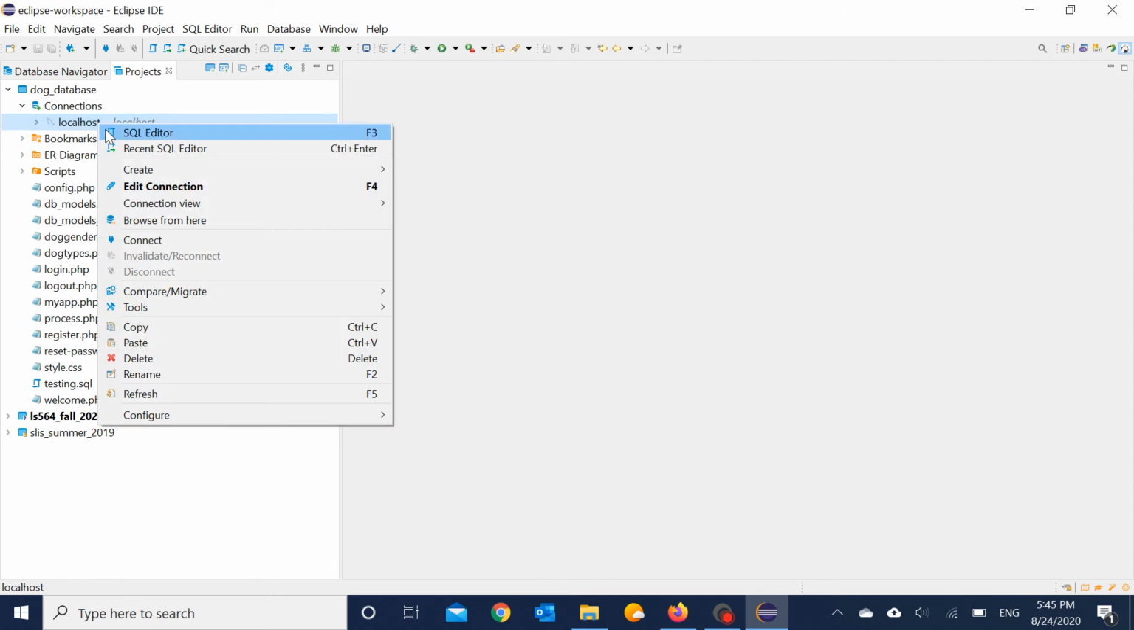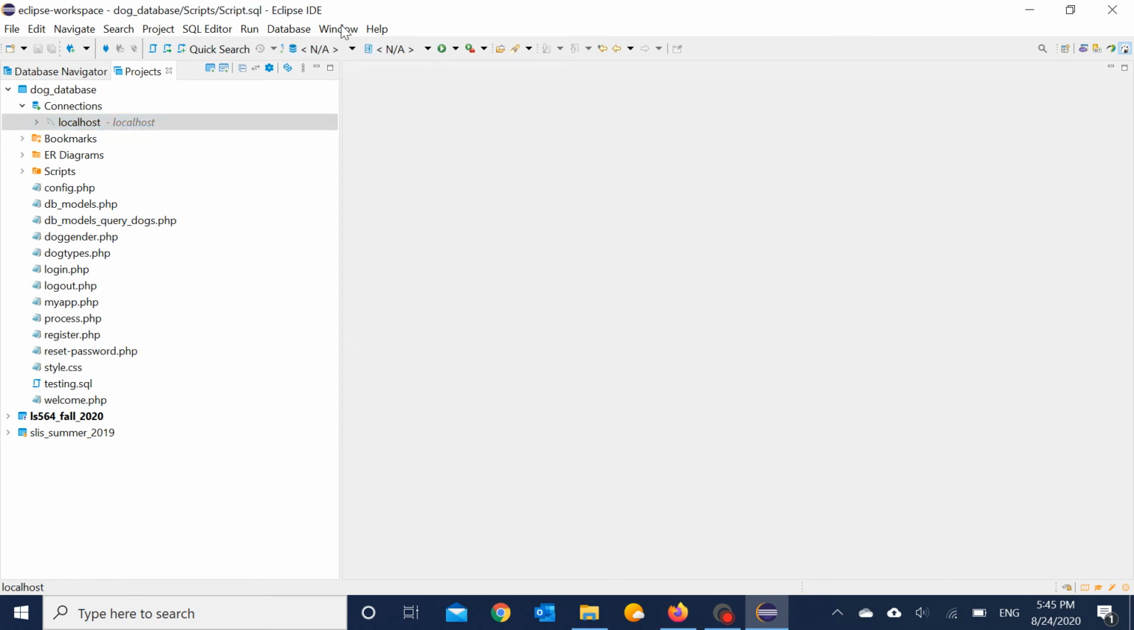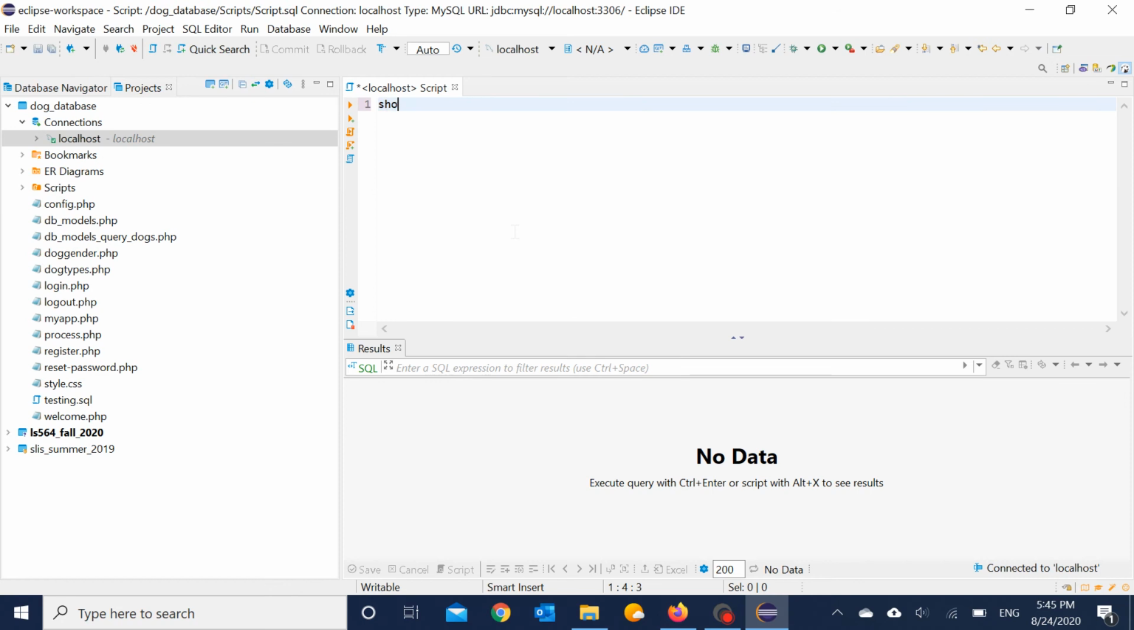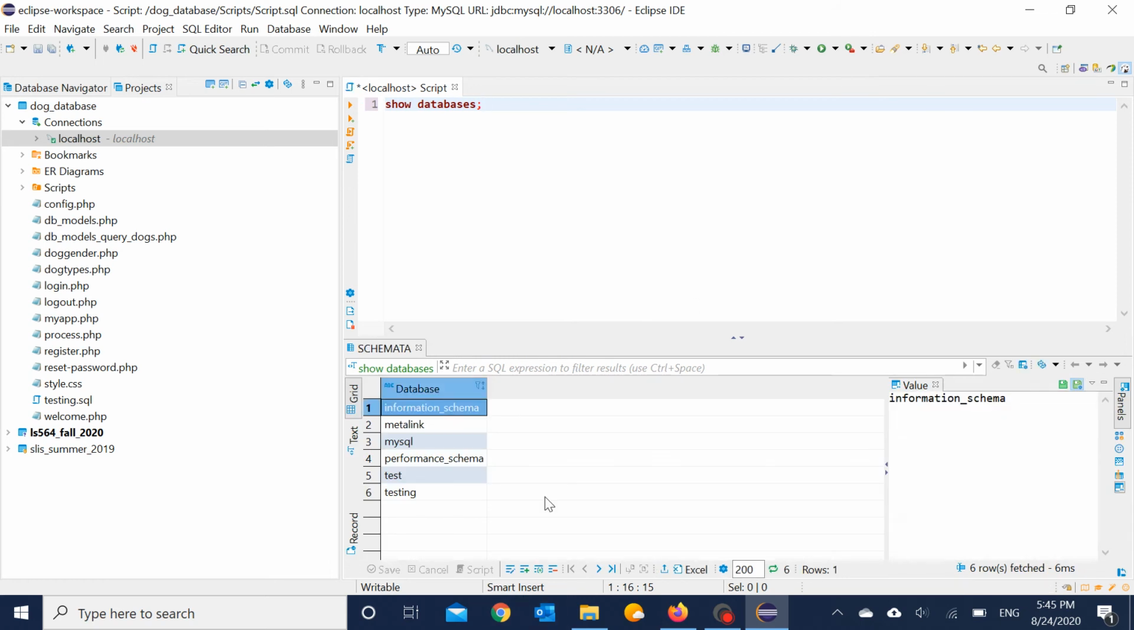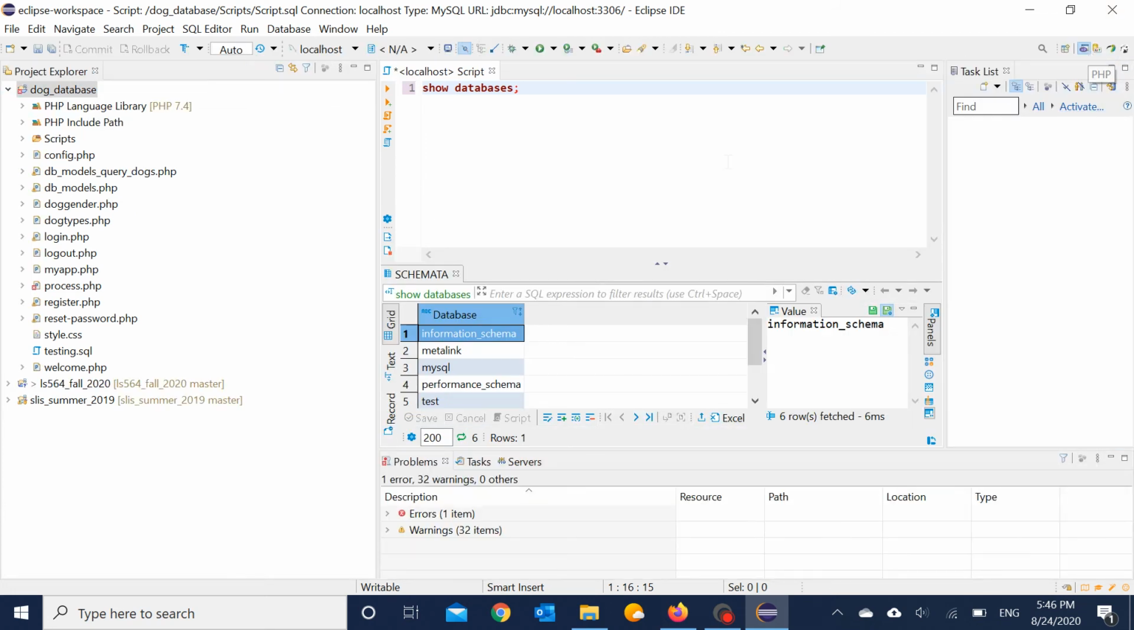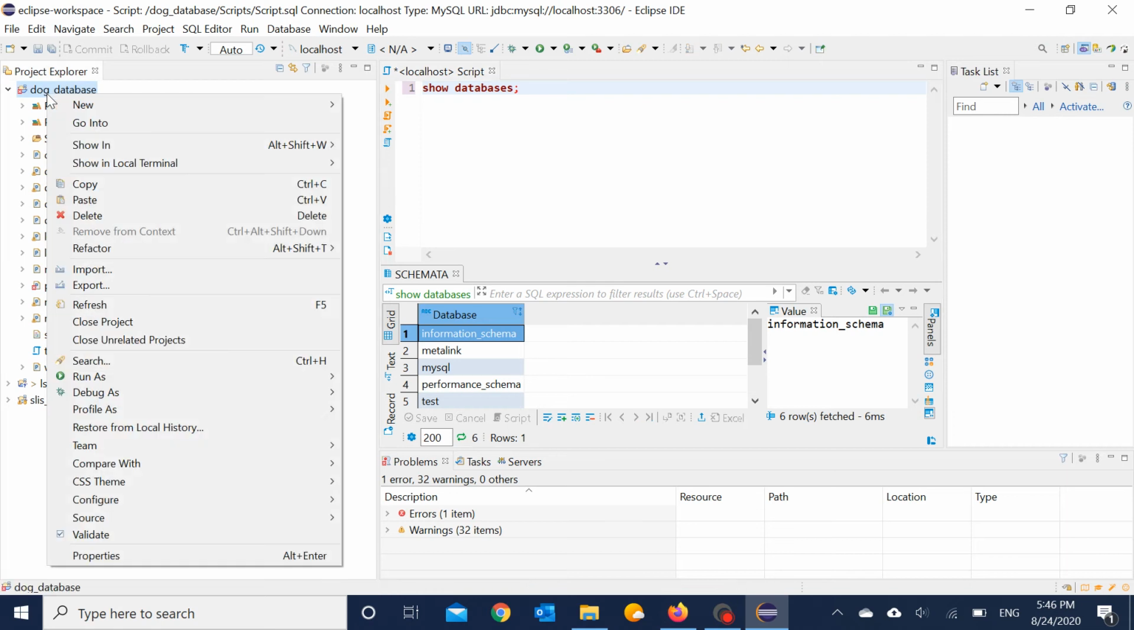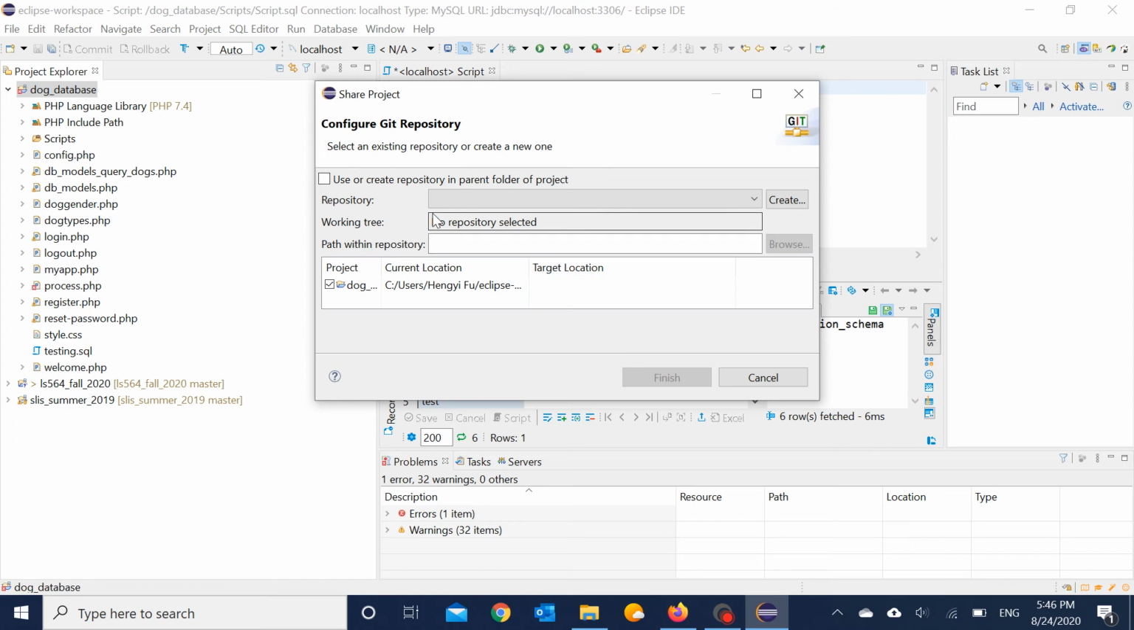Right click the localhost, select SQL editor, show database. Okay, those are all databases I have now on the localhost. Okay, and now we can go back to PHP window, select team, share project, select the repository, doc database,